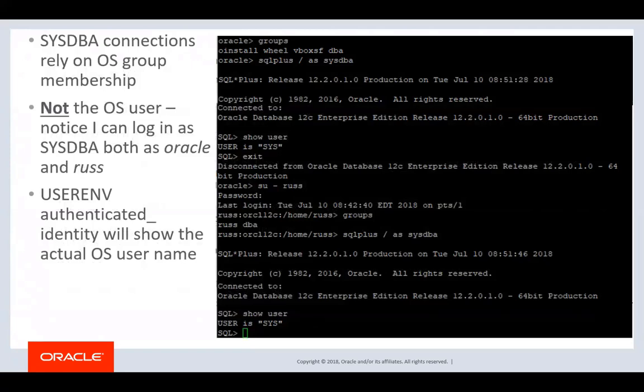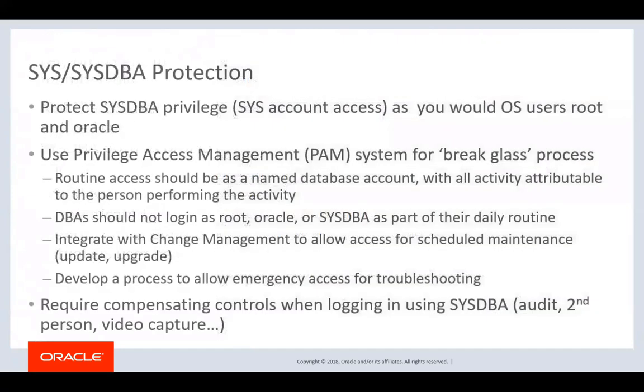So SYSDBA is again tied to operating system groups. What do we recommend with SYSDBA? Again, we recommend you not log in as SYSDBA. That's for upgrades and patching. Normal activity, you do it as DBA. So that means that